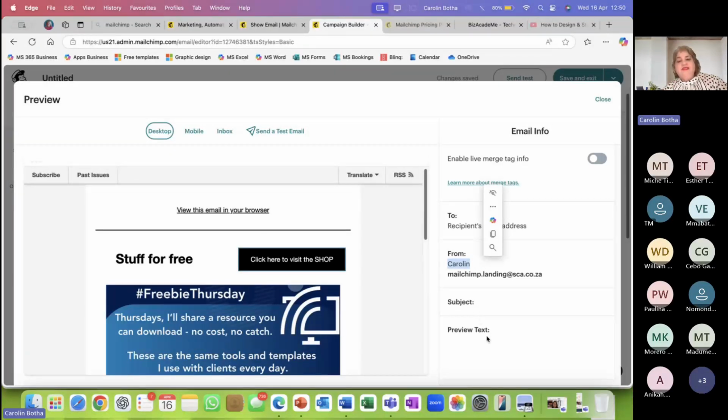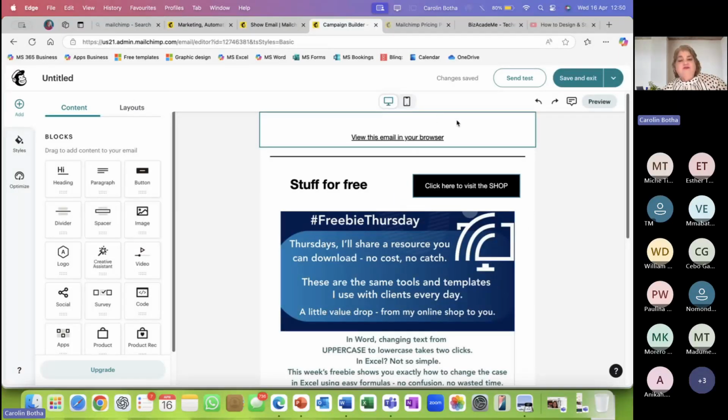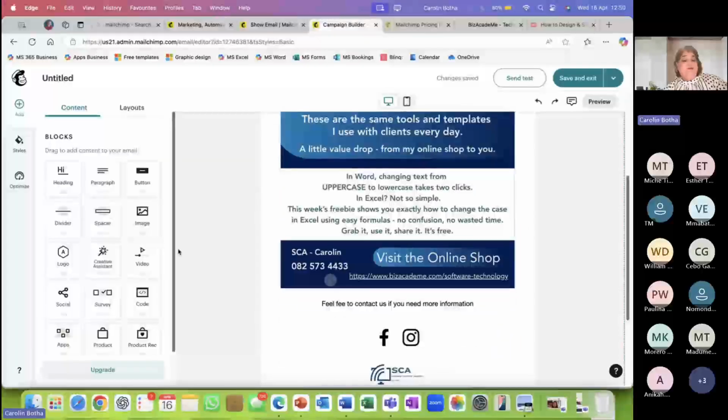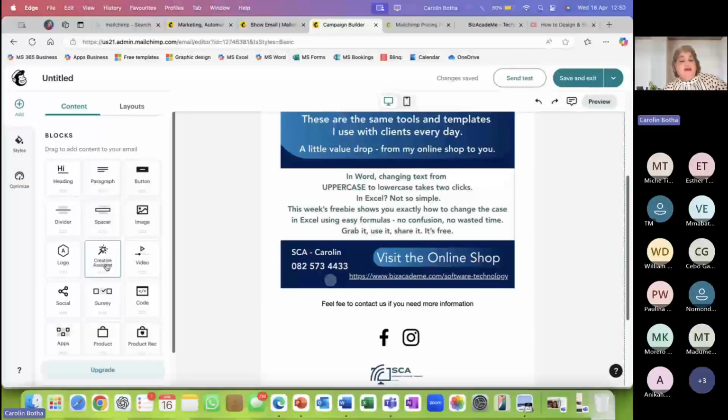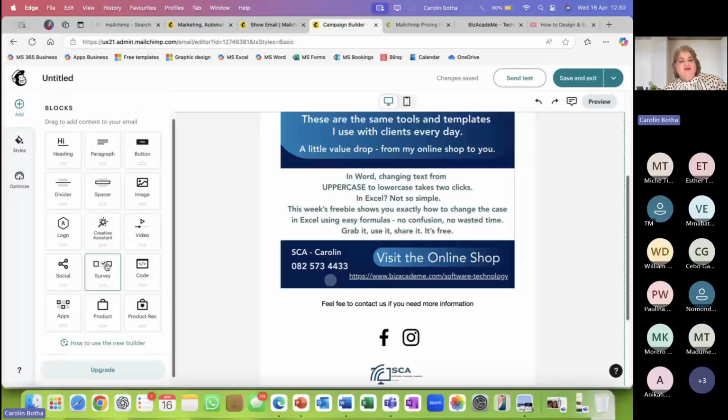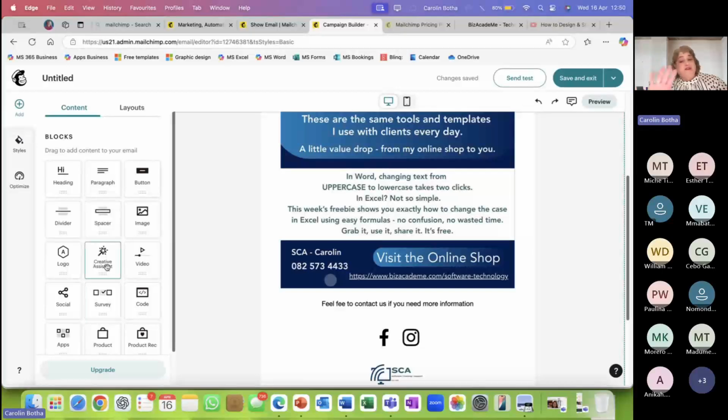Definitely. You can put in the subject, and then the text, of course, is previewed on the left-hand side at this point in time. Cool. So now that you have your design done, you can play around with some of the others on the left-hand side. But I think those are the ones that are definitely in any case for free. And honestly, I don't think we need more than that for now to get us started. Absolutely lovely options to have.